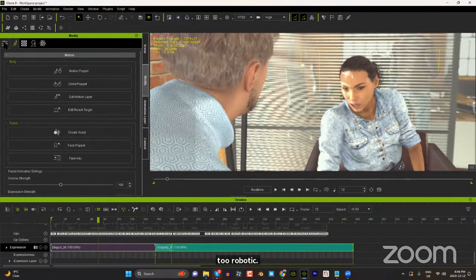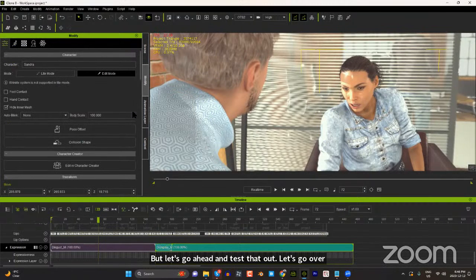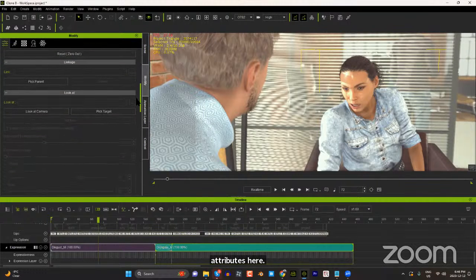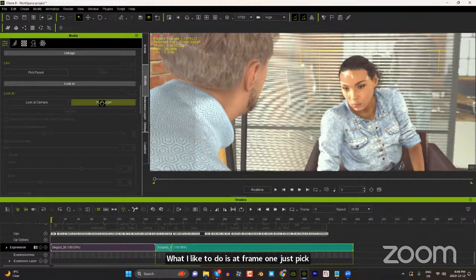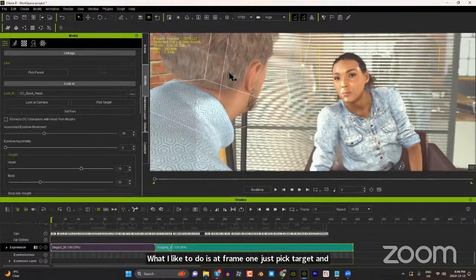Let's go over to attributes here. And under attributes, with your character selected, you'll find a look at. So there's an option to look at camera or pick target. What I like to do is at frame 1, just pick target and then pick the target that we want, which is this head. And you can see it really just throws her off into a weird kind of